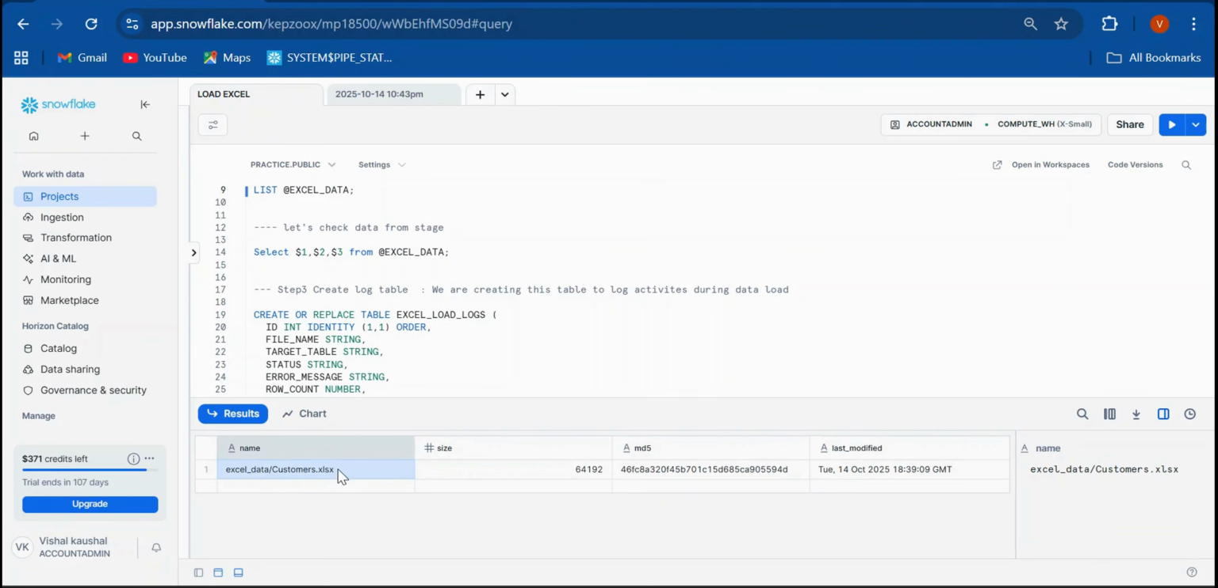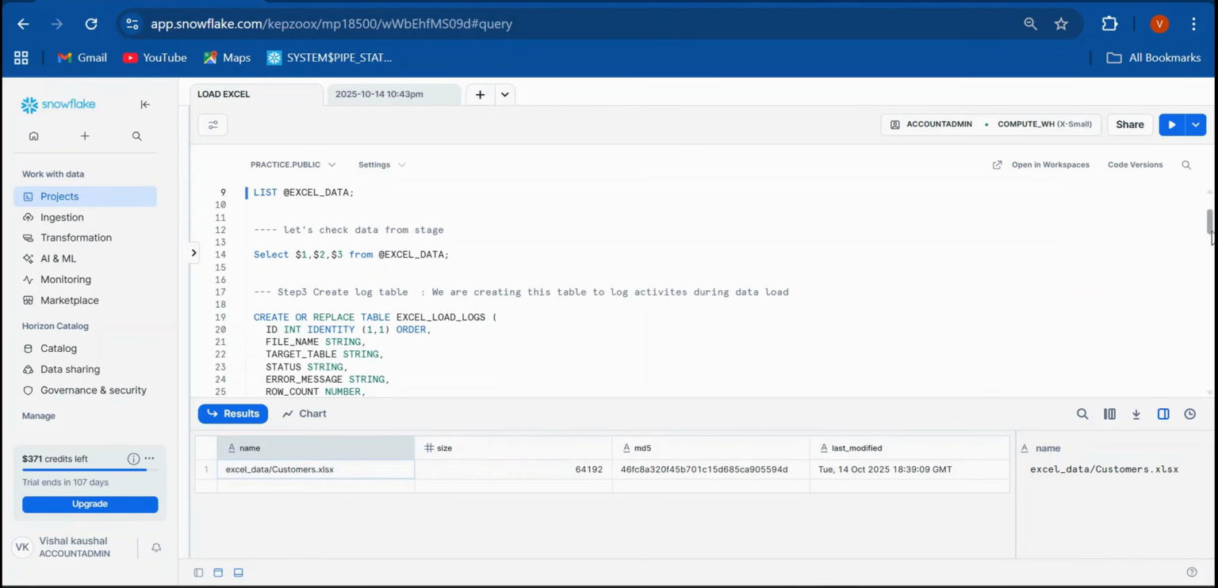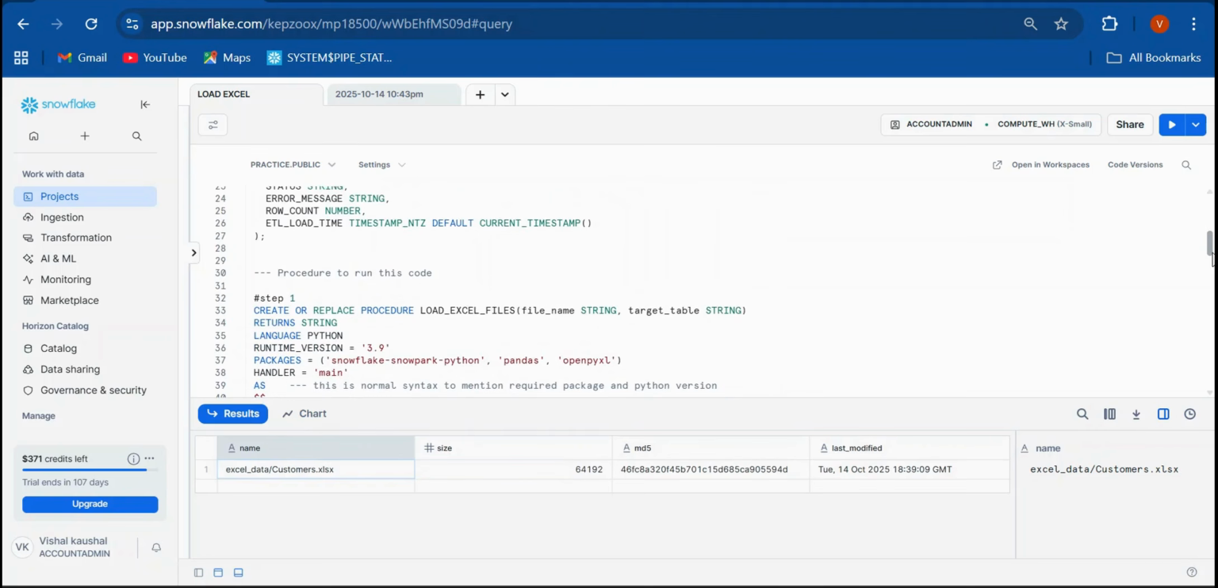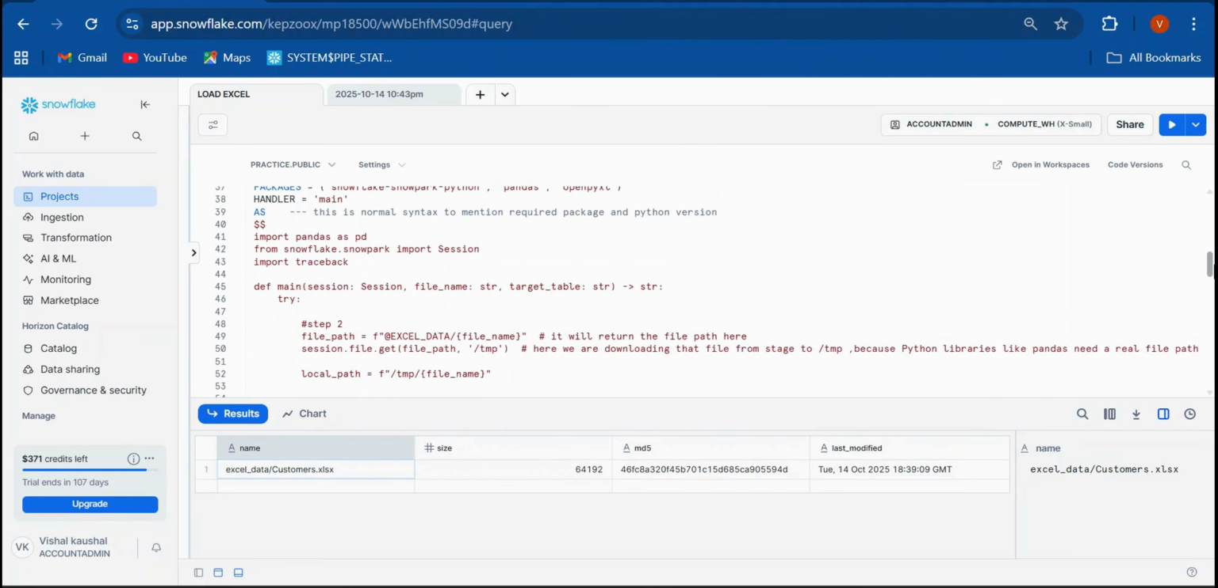If you want to make it automated, yes, you can do that also using a directory table and using some stage metadata file name column. That also you can do. But I just wanted to make it not that advanced so that you can easily understand. Here what I'm going to do is